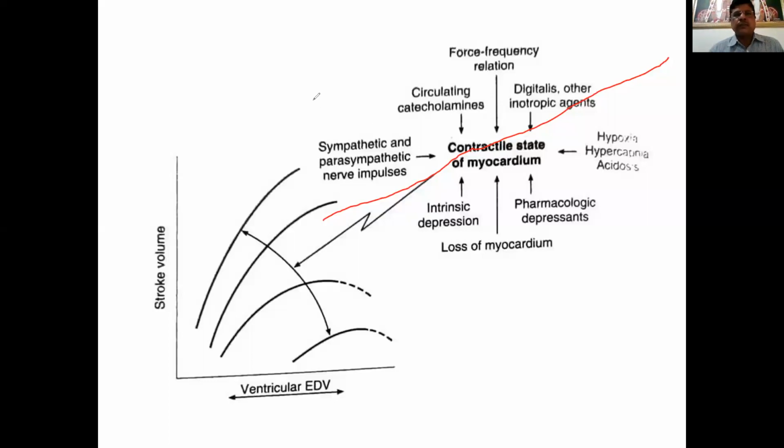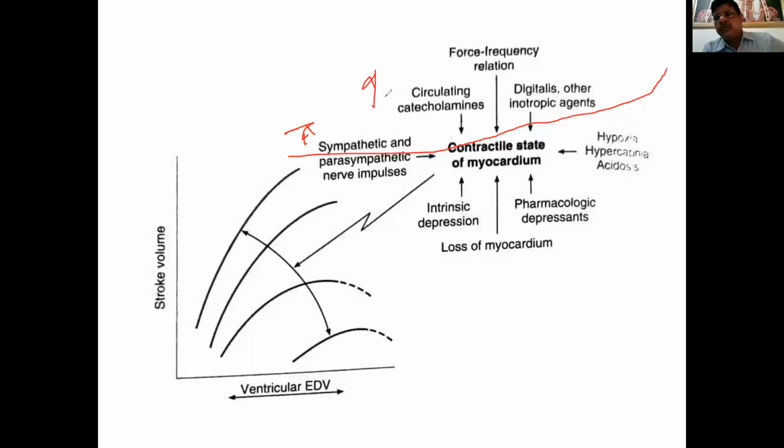Anyway, you can see here sympathetic and parasympathetic nervous influences. Sympathetic is going to cause an increase in the contractile state. Parasympathetic is going to cause a decrease. Maybe the line I drew was wrong. So if sympathetic discharge increases, the force of contraction is going to increase. If the circulating catecholamine concentration increases, catecholamines means, Roshni,